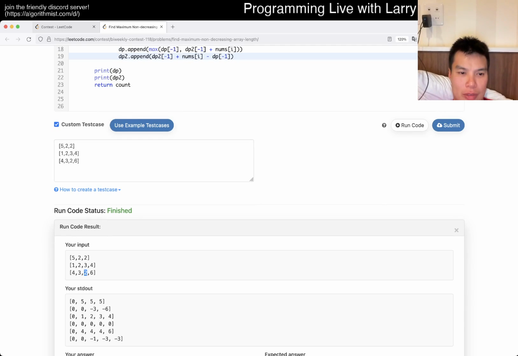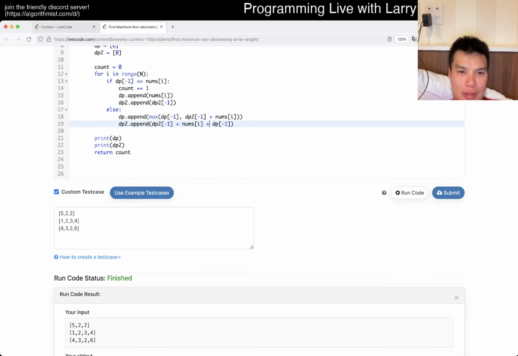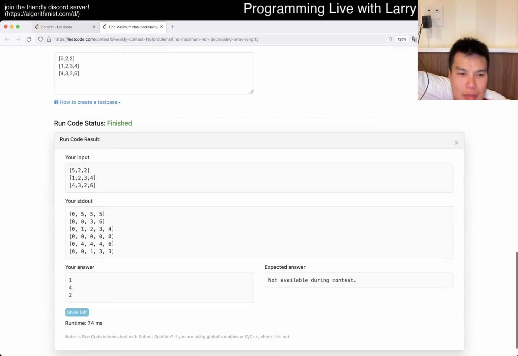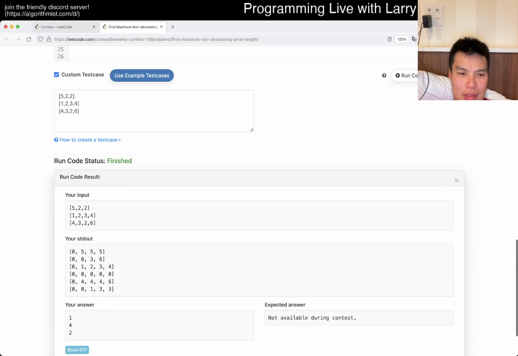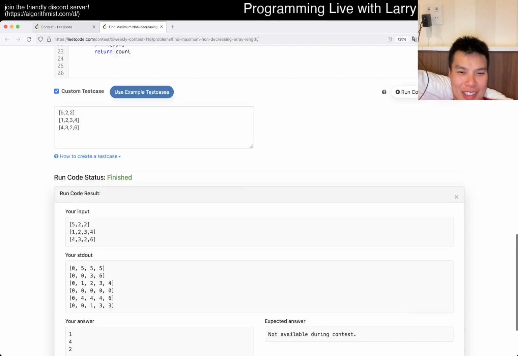Like it's 2. Did I just get the signs wrong? Doesn't seem to change anything, which is actually kind of weird, but